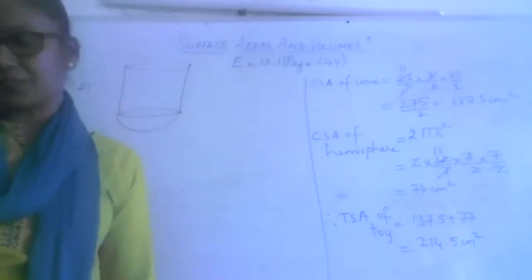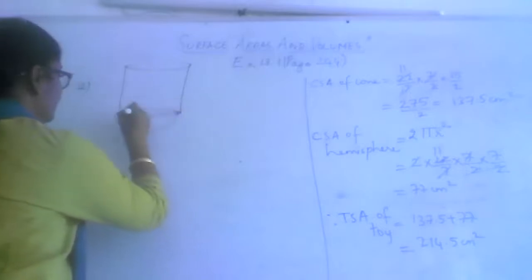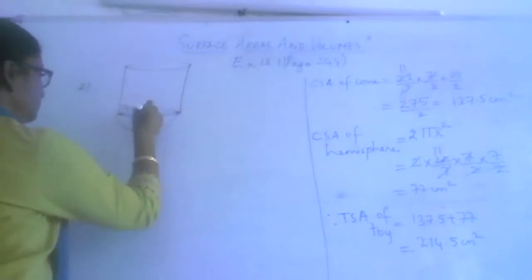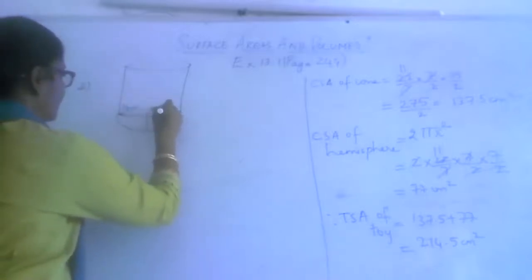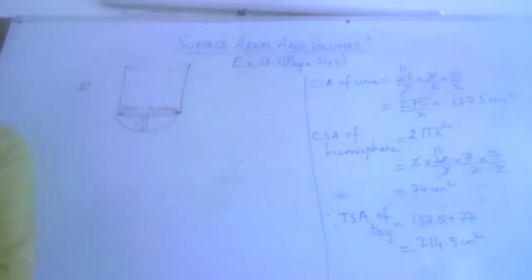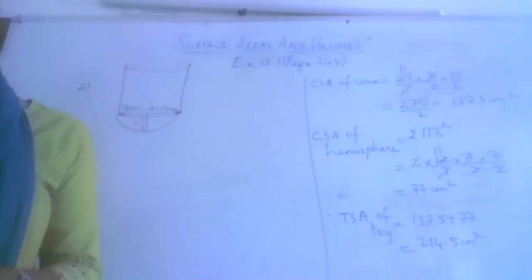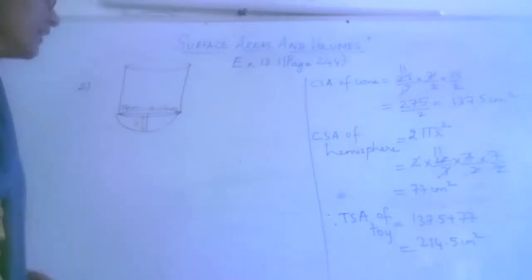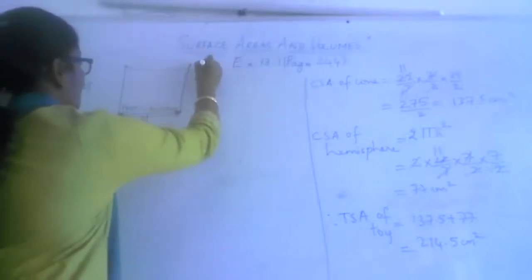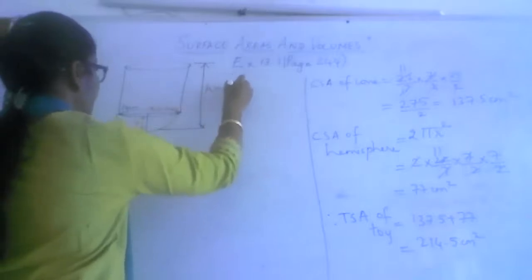The diameter of the hemisphere is 14 centimeters. So, this is totally given as 14 centimeters. What can I tell about the radius? 7 centimeter. Radius will be 7. So, this also is 7. So, the radius of the hemispherical and the cylindrical part is 7 centimeters each. The diameter of the hemisphere is 14 and the total height of the vessel is 13. Total height. So, I must start from here to this part. This total height is given as 13 centimeters.